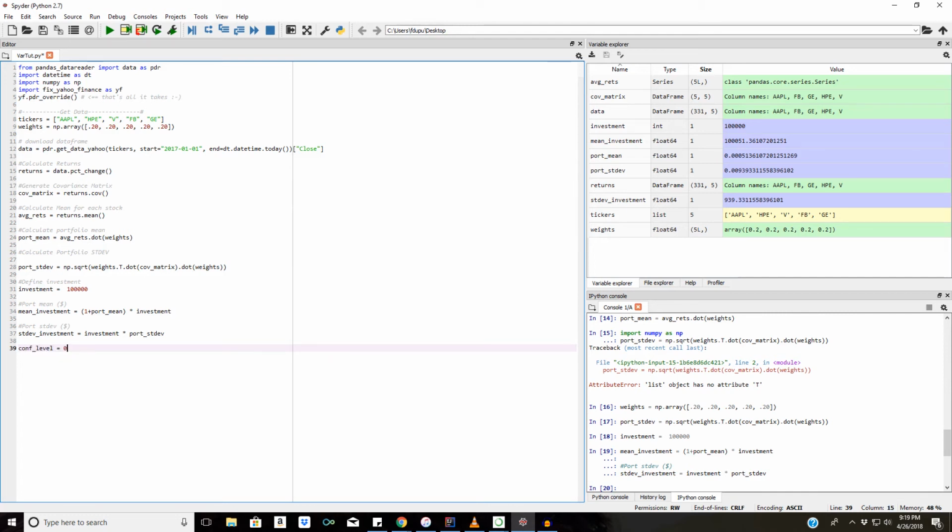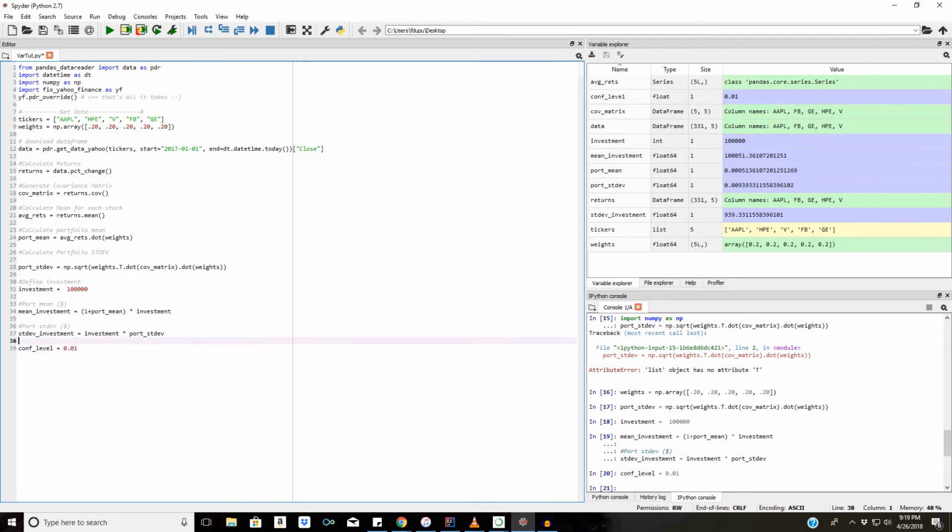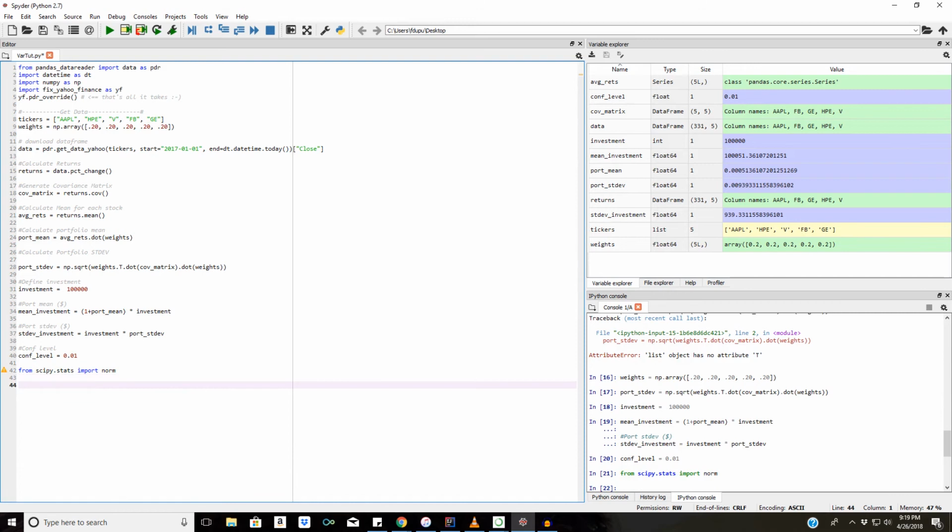And we're going to say, let's do the 99% value at risk, so 0.01. Okay, and the next step is to import. We're going to use the SciPy library. So from scipy.stats import norm, run that. And we're going to establish a cutoff point. So cut equals